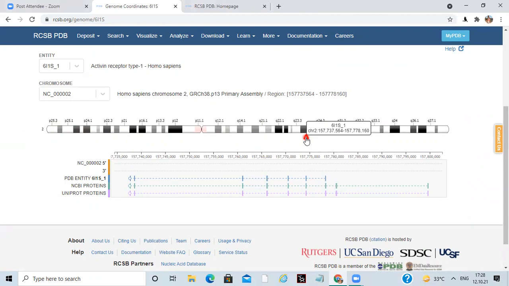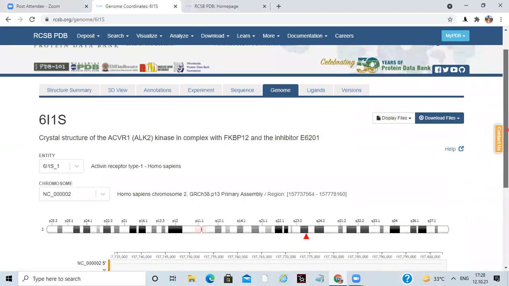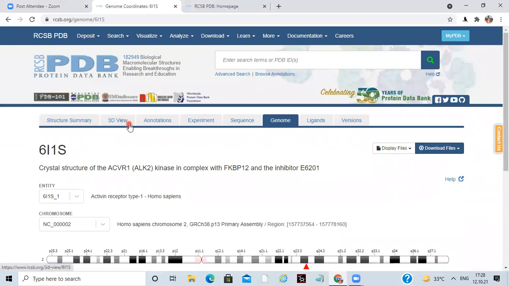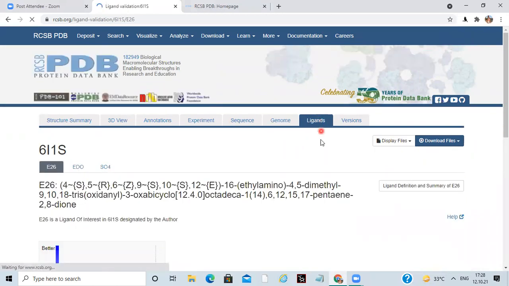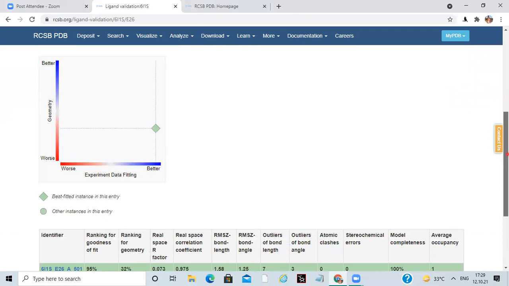So a particular location on that chromosome is highlighted over here. We can get where it was and how it was reacting, what ligands were used, and after the study was submitted, whether there was any modification or updated version.